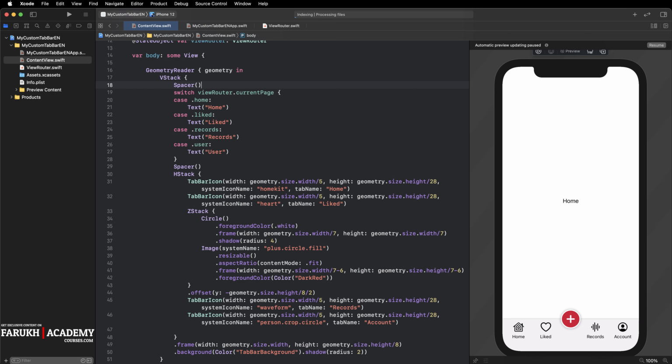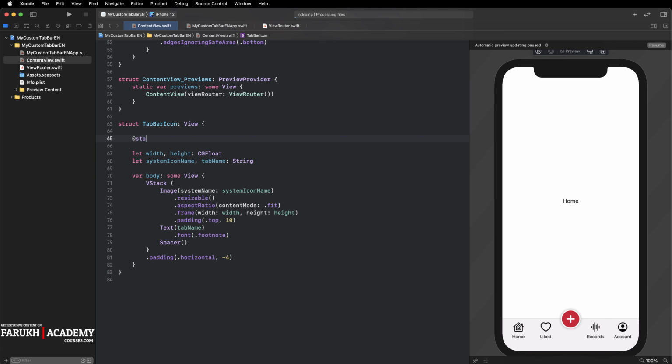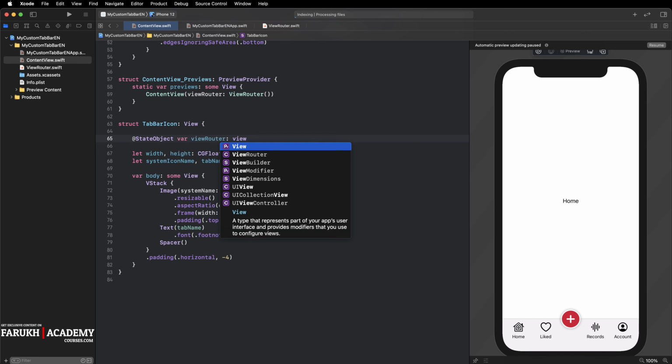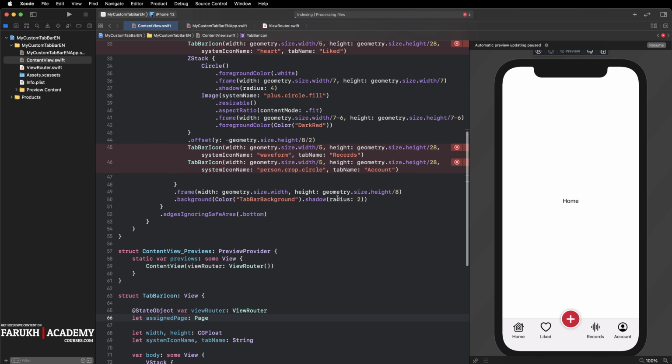To know which page is assigned to the particular tab bar icon instance, we also add a property to our tab bar icon structure. Okay, so here we can write